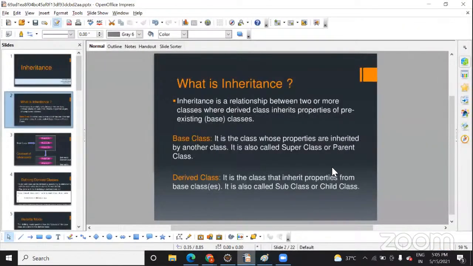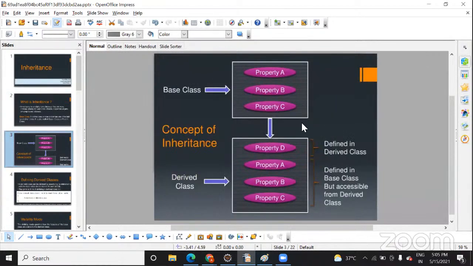Let me show you. What do you mean by the base class? You already know: super class and parent class, whose properties are inherited. And the derived class is what? It is going to inherit the properties of a parent class, which is called subclass. It will be something like this.